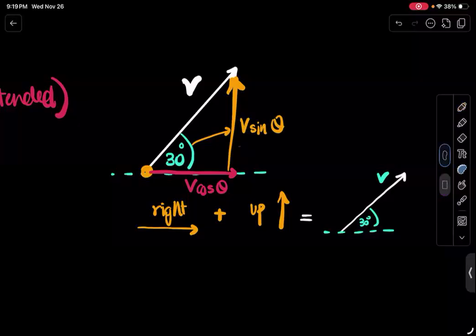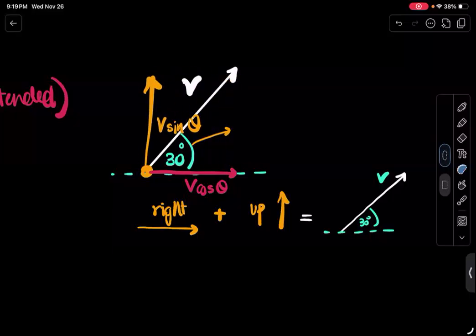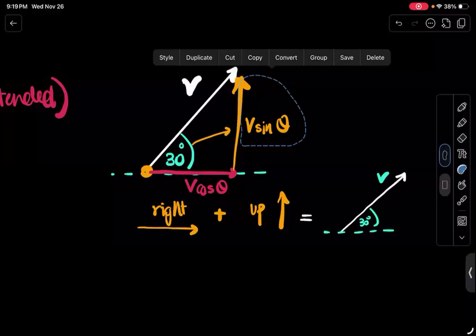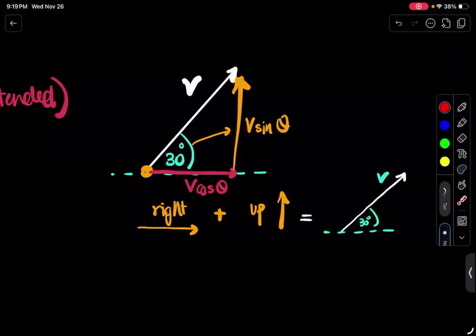By the way, you can switch this over here as well. This is just a displacement, and vectors, if you move them parallel to each other, don't change. So you can write this over here or over here. It's absolutely the same thing. So in front of the angle is v sin theta, here v sin 30, and with the angle is going to be v cos 30.